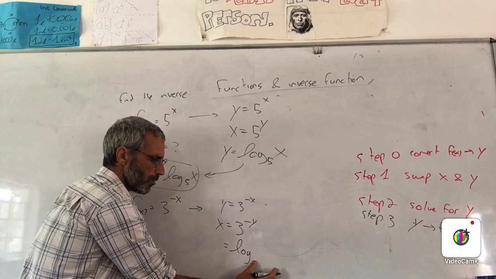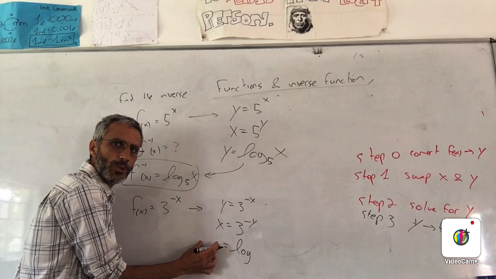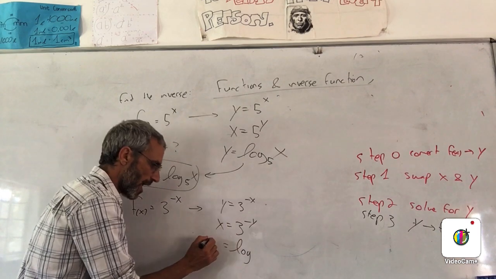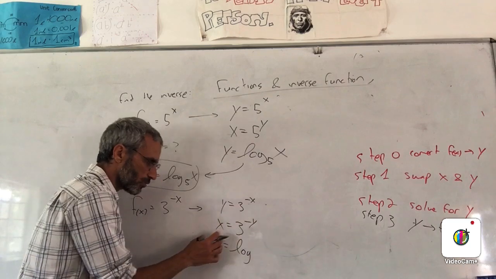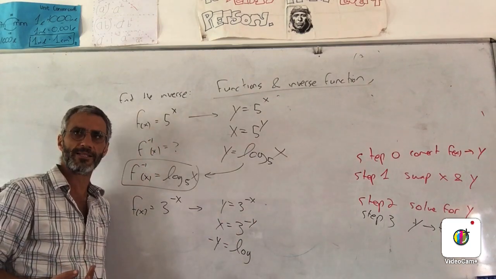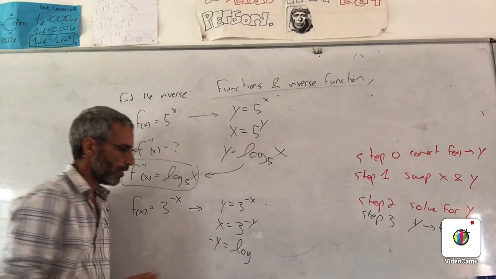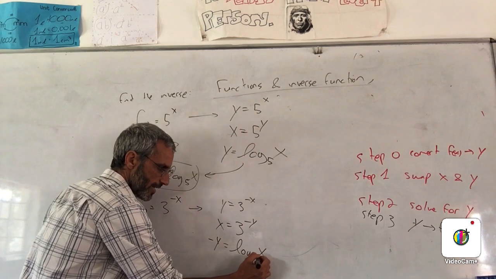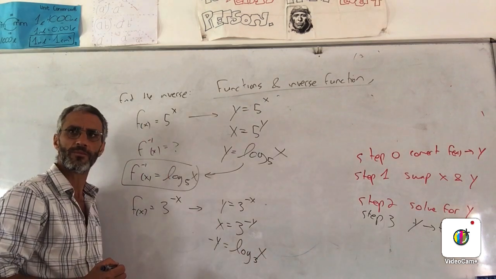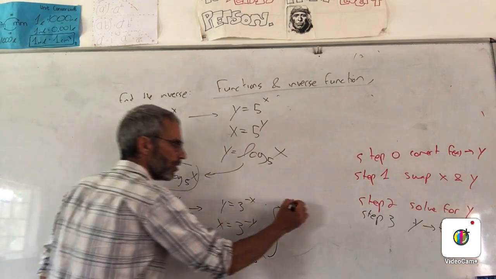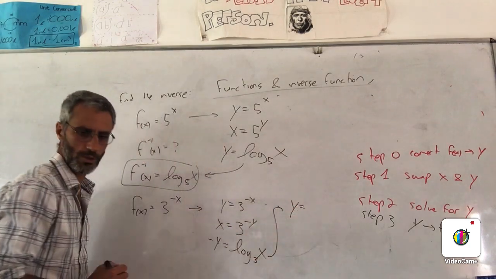Before I deal with the log, what will I have on the left side? This is where it's a little bit tricky. Is it just a y? It's minus y, because the exponent is minus y, so I've got to write minus y. We'll get rid of that minus in a second. Right, log what? 3. Log x base 3. And then because we want to find out what y is equal to, we're going to say y is equal to,